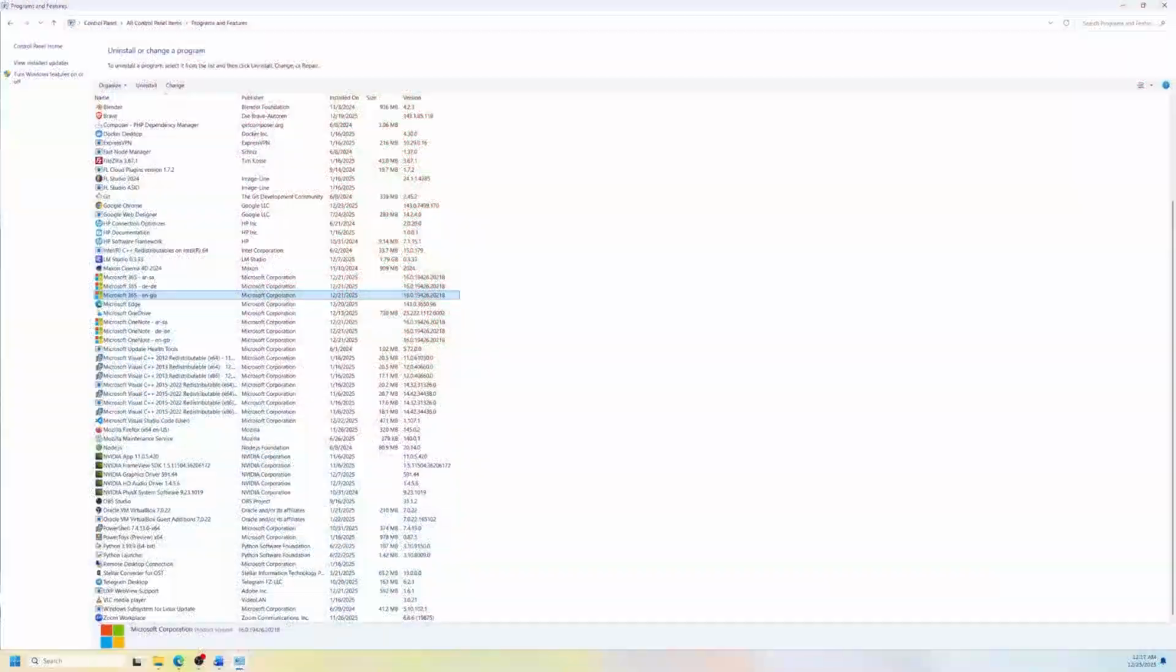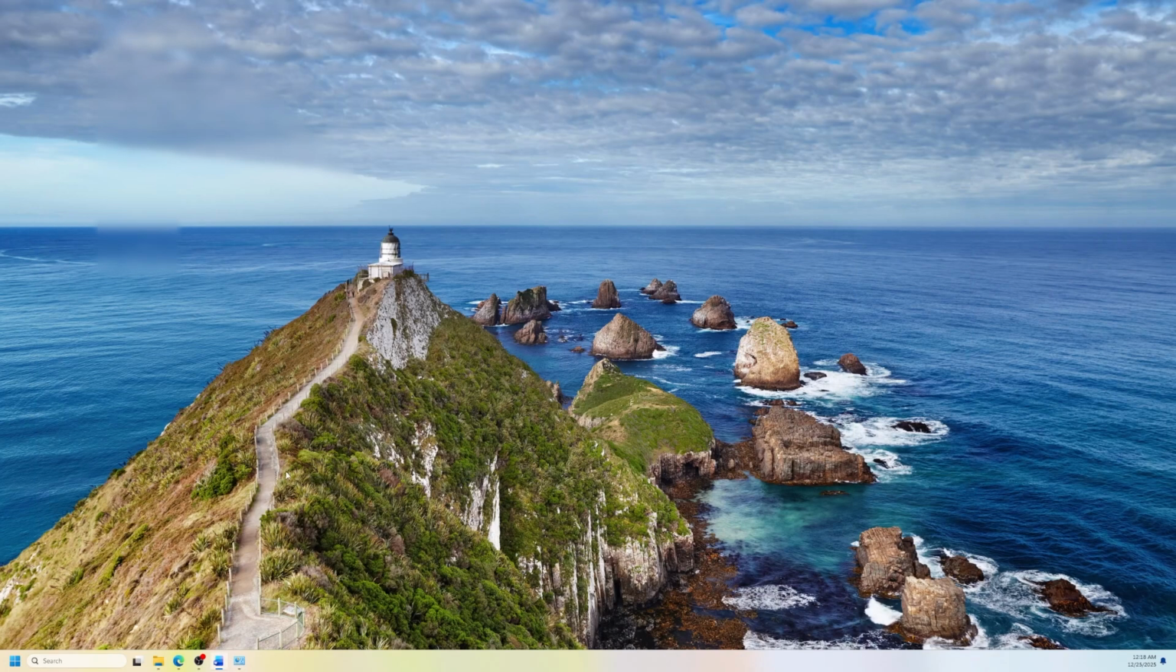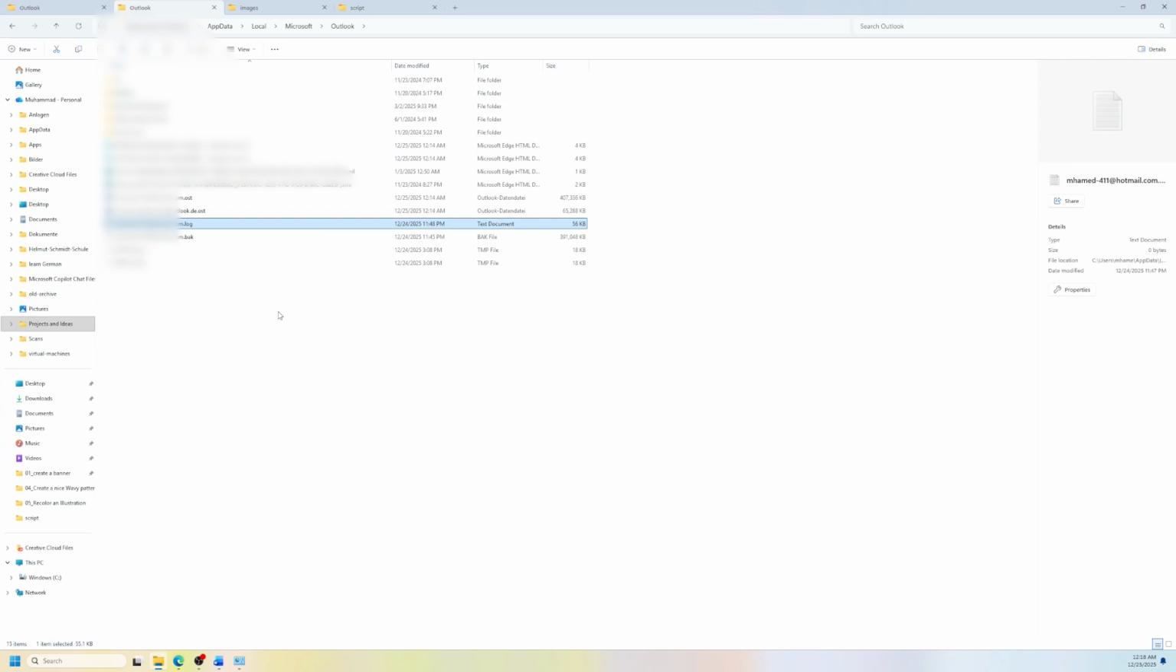There are additional fixes, or advanced fixes, for this problem of a corrupted OST file or an OST file not opening. One of them is just to go to the OST file on your system and rename it. After renaming it, Microsoft Outlook is going to create a new one. You can find it under your app. I'm going to show you. It's here